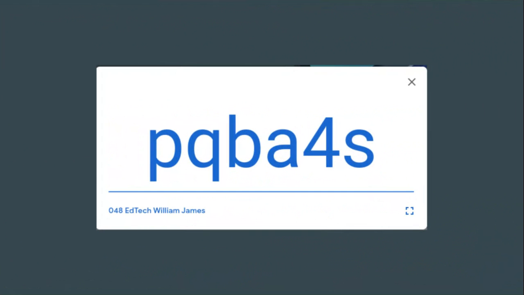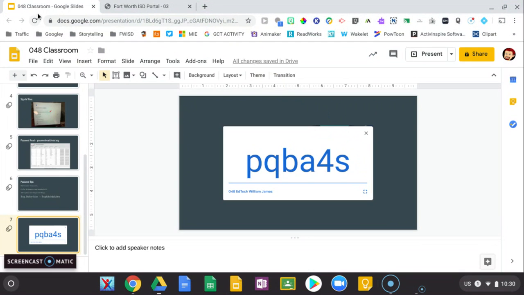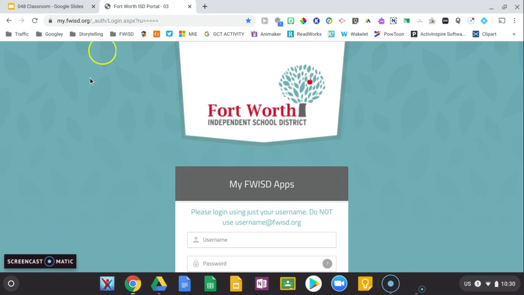I'm going to ask you to enroll in my Google Classroom. This is an example of a class code that I use at William James Middle School, but it's a code that you display if you want students to enroll in yours. And from here, I'm going to transition out of my slide deck, and I'm going to go to the my.fwsd.org